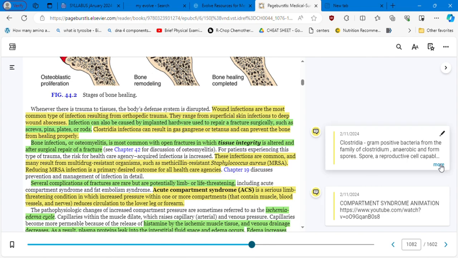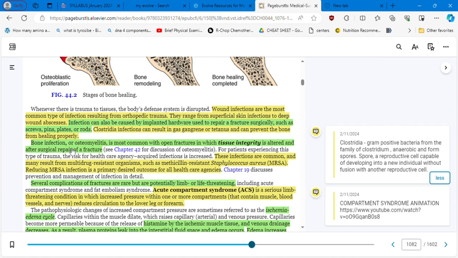So we know Clostridia is a gram-positive bacteria from the family of Clostridium, anaerobic and form spores. So spores are reproductive cells capable of developing into a new individual without fusion with another reproductive cell. So this type of bacteria can replicate without the intervention of another reproductive cell. These are very dangerous. Bone infection or osteomyelitis is most common with open fractures in which tissue integrity is altered